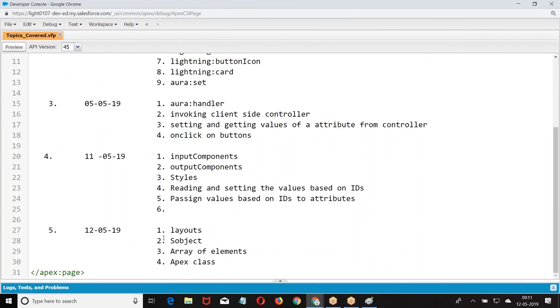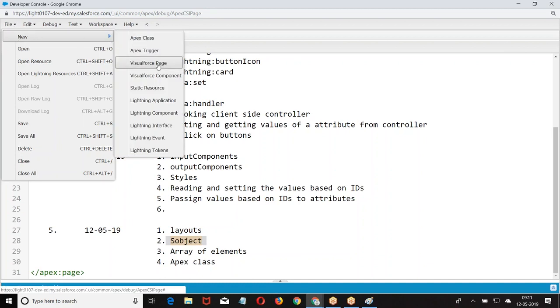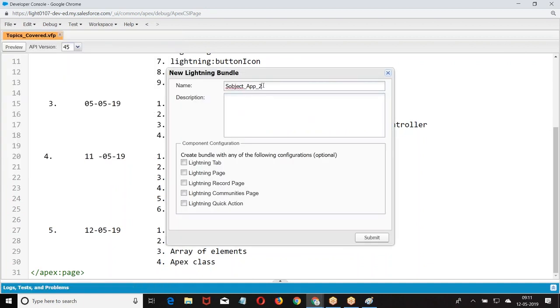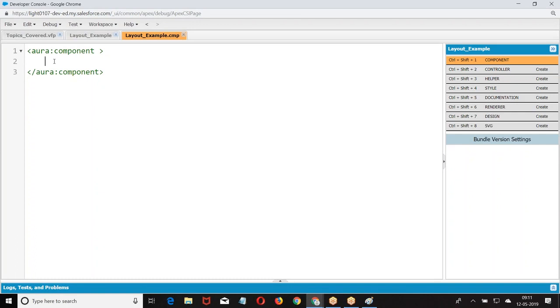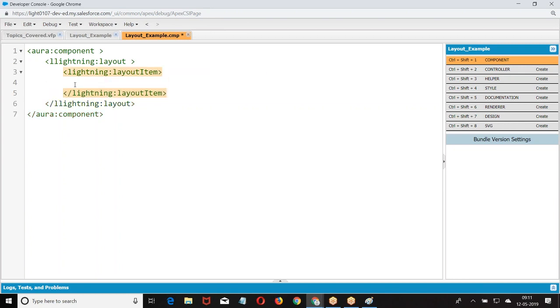This SObject is clear for everyone, okay. Lightning layout item.